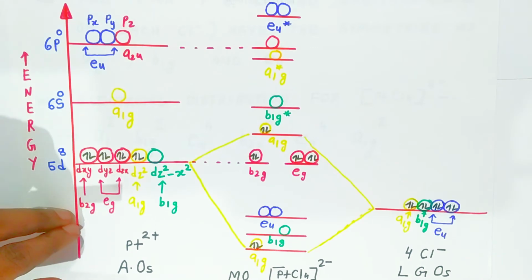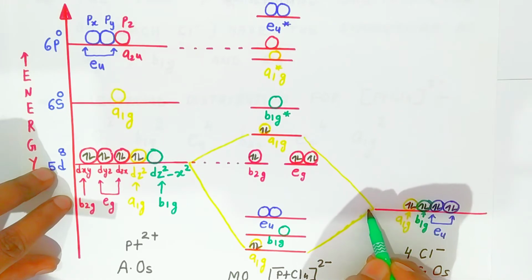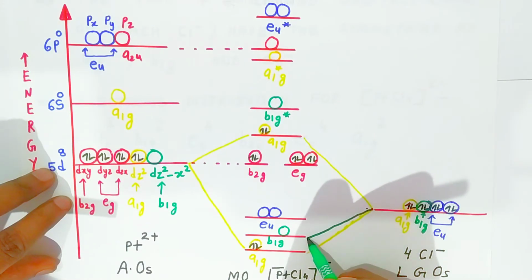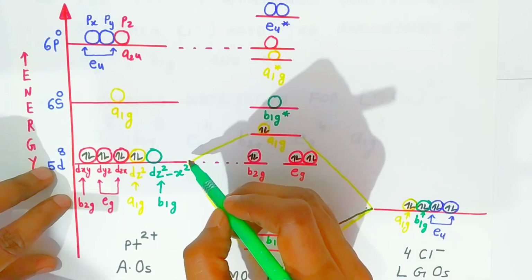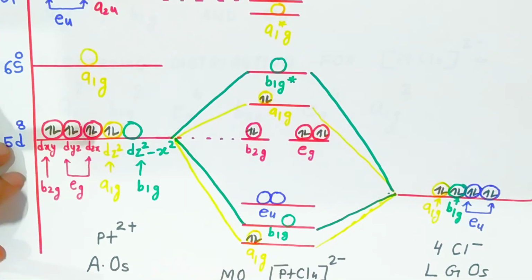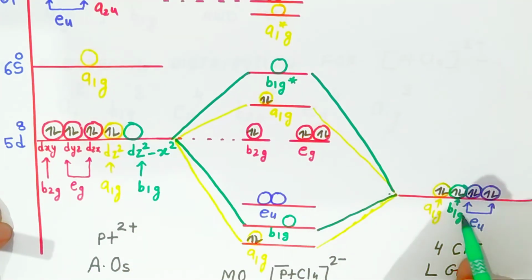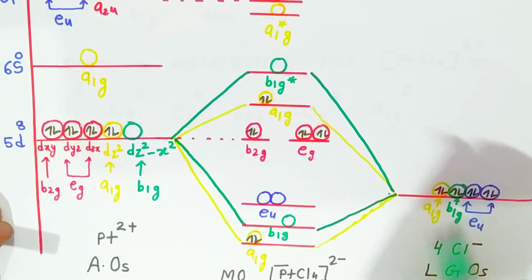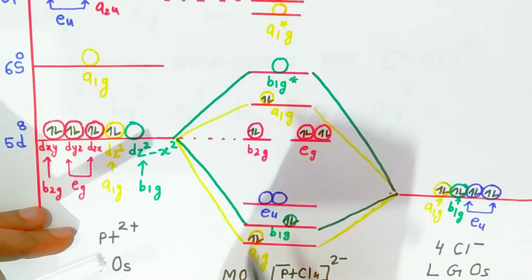Okay students, now what is remaining, you have B1G having the same symmetry, which will combine with the B1G orbitals. First it will form the molecular orbitals. These orbitals will form B1G. Here also it will form the B1G bonding orbital, and here also it will form the anti-bonding molecular orbital B1G star, like this. Now here, because this B1G is having empty orbitals, you have two electrons, so these two electrons will go to the bonding molecular orbital like this. The anti-bonding molecular orbital will be empty.